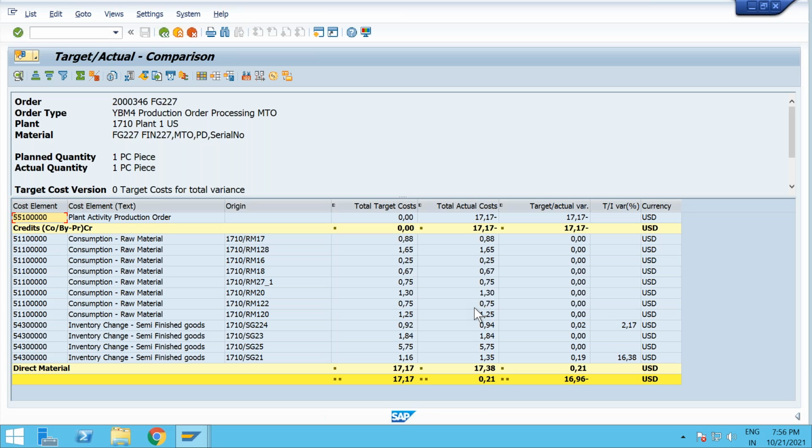So we are never 100% sure that my target or planned cost will be my actual cost. The actual cost can be a little lesser or more. In this case, you see 1717, but this is 1738, so there is a variance. The finance team will do all these calculations in the back end. They will do the settlement once your production activity is completed. So you plan for one piece